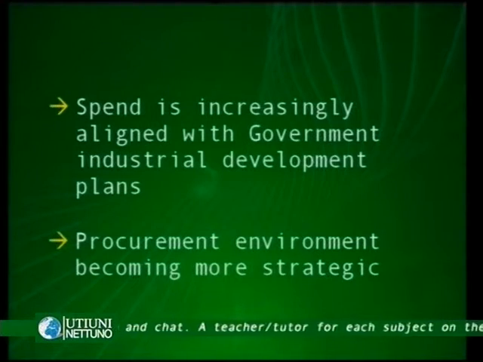Procurement environment is becoming more strategic. When we talk about the procurement environment, it actually latches onto what we've said, for instance, if big companies, big state-owned enterprises, government spend has become very strategic, and more intelligent in a certain sense, where it has to link on to the relevant needs of industry, of buyers, of suppliers, of the different levels of the procurement sectors and the government.